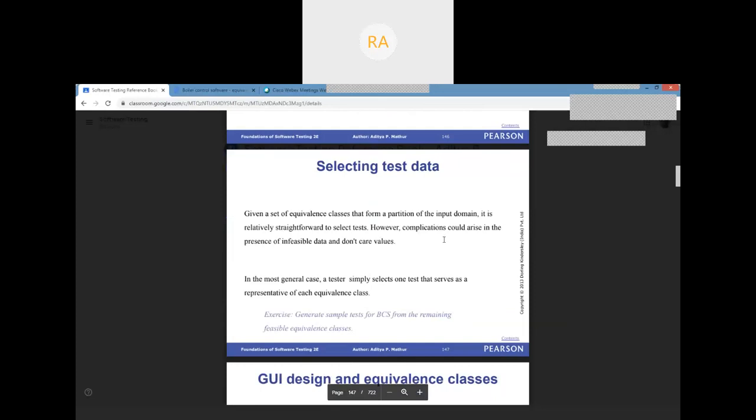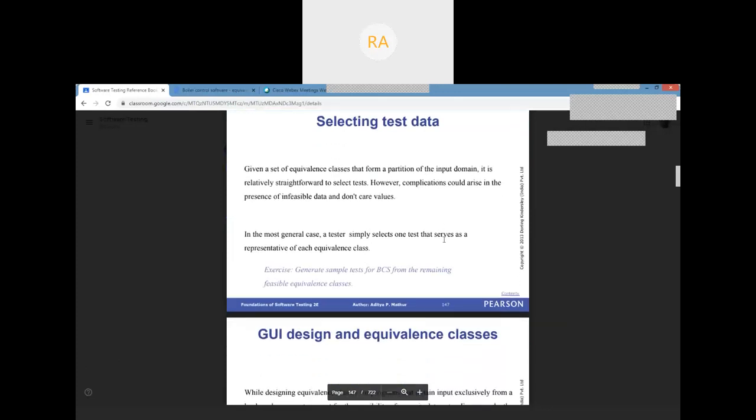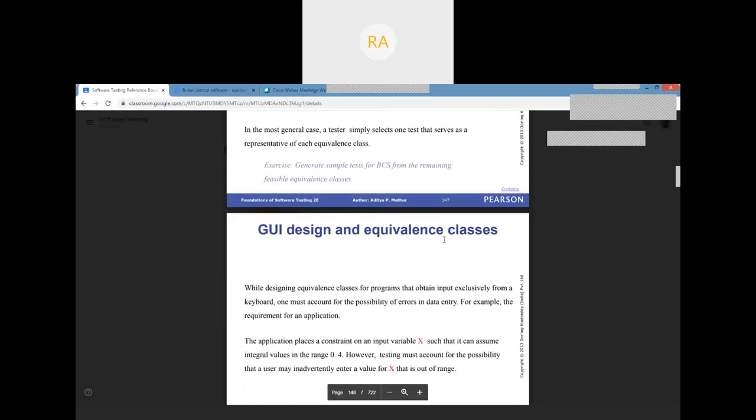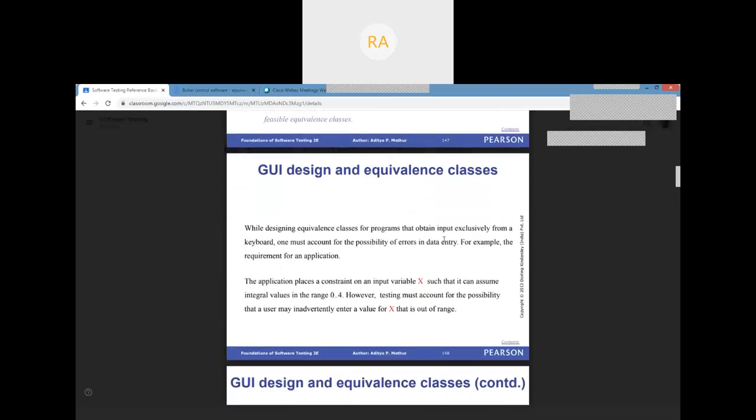So a tester takes up the values from the equivalence classes so generated and tests the entire software, and he will assume that the program behaves the same way for other values which are included in the equivalence class. Next thing we have is GUI design and the equivalence class.